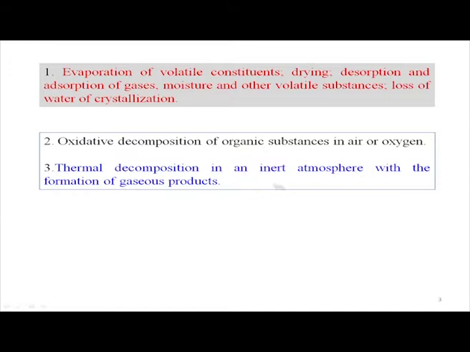So, if the inert atmosphere is maintained by nitrogen, and this nitrogen at higher temperature can react with the material, then that material is converted by forming the corresponding nitrates or nitrides and will gain some weight. But if the inert atmosphere is maintained by argon or any other inert gas, it will not give rise to that sort of reaction,